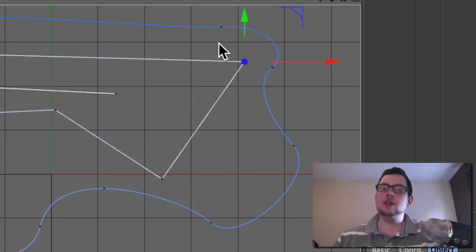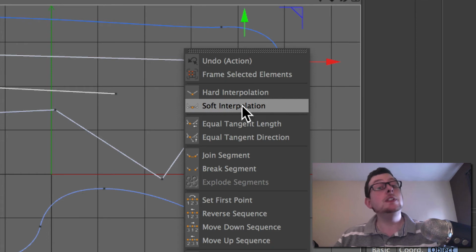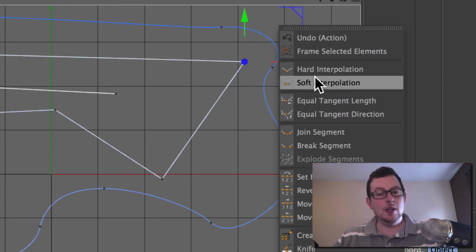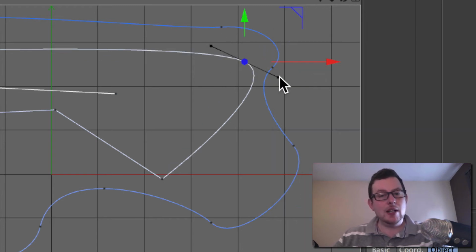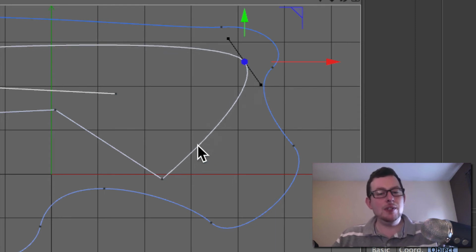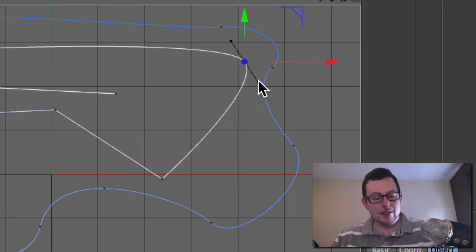Traditionally, what you might think to do is, oh I know, pop out a pair of bezier handles, that way I can curve it. And sure, that does work. If I right click, I can choose soft interpolation, and that will cause this rigid spline here to get some handles. So I can adjust each of these. But it kind of ruins these leading lines, all these lines we had going up to that point. Unfortunately, they'll get adjusted as well. So if I undo,